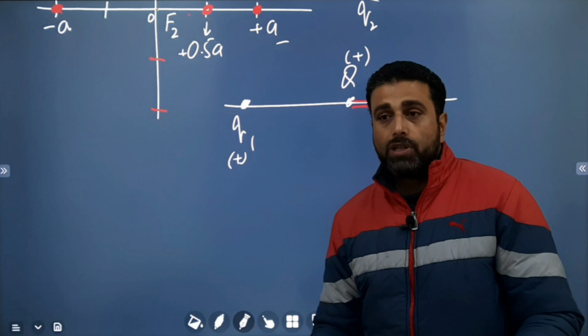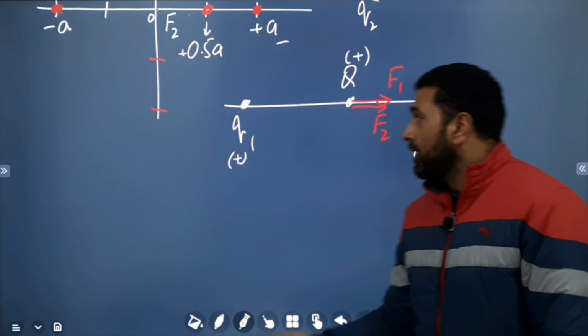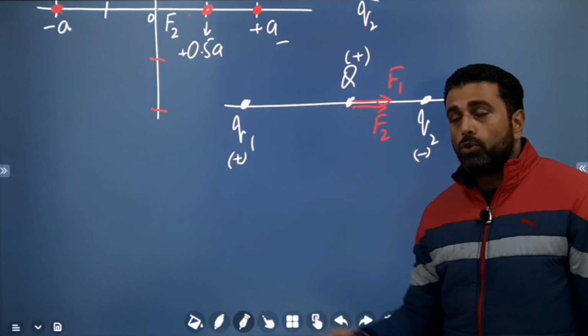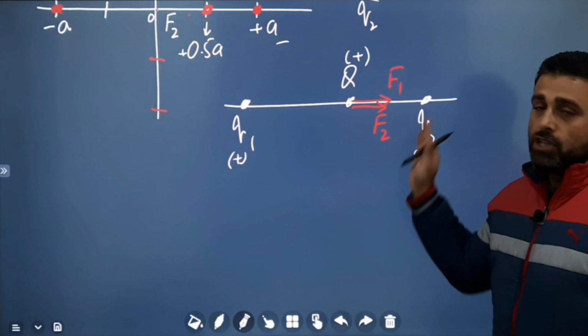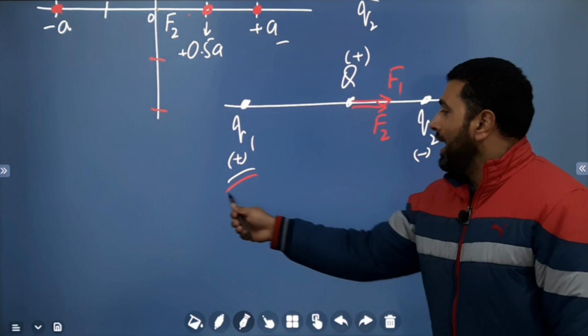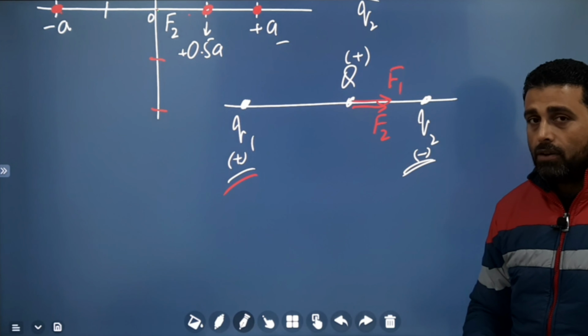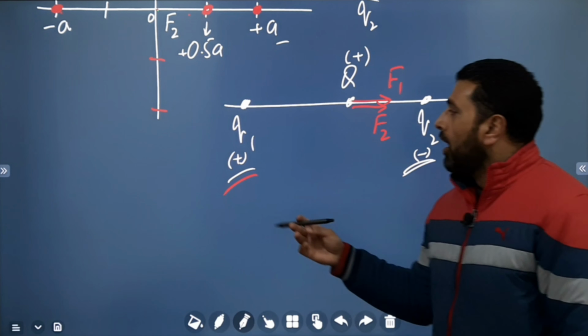Okay, two forces will cancel out only if they are in opposite directions with the same magnitudes. They are not in opposite directions. Now it won't matter if they have the same magnitude or not. Since they are in the same direction, they won't cancel out. So net force can't be 0 this way. So q1 and q2 can't be unlike. Okay, they simply can't be unlike because F1 and F2 can't be in opposite directions.